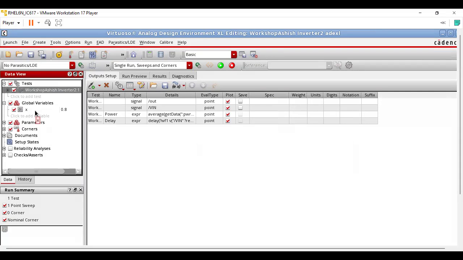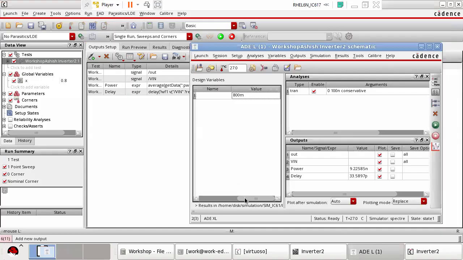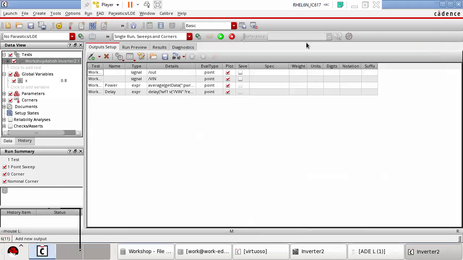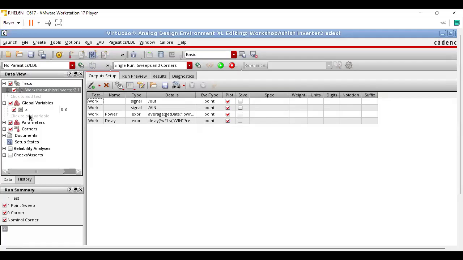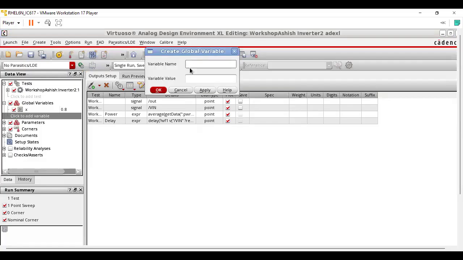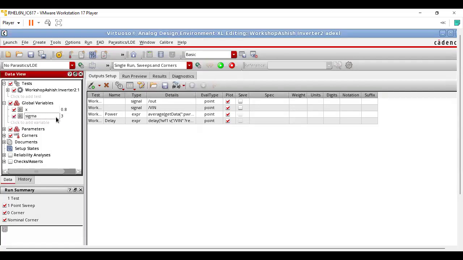What is a global variable? In your ADL, please see your ADL very carefully. Whatever variables you have taken in your ADL become your global variables. You see, in the ADL, you have taken X as a variable. This becomes your global variable, right? Now, because X is your global variable, I can take one more variable. For example, I take sigma. Right? Then there is